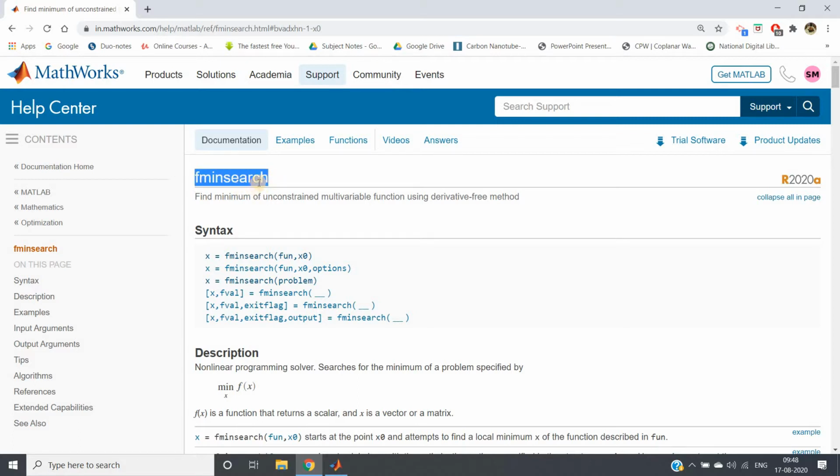In this particular video I am going to show you how we can use fminsearch for curve fitting. In my previous video I have shown you that fminsearch can be used to find the minimum of a function. Now in curve fitting, for example in linear regression, what is our aim? Our aim is to fit a straight line on our data set for which the mean square error will be minimum. So our target will be minimizing the mean square error, and that we are going to implement here.